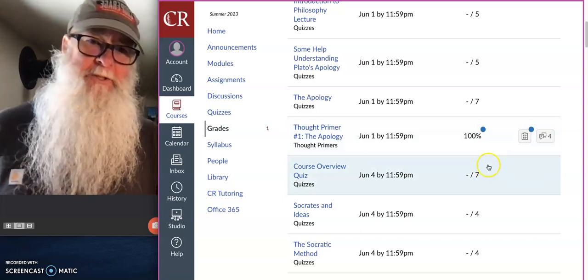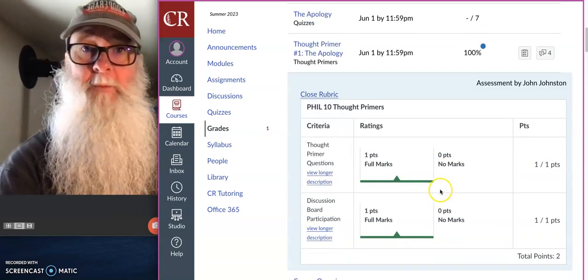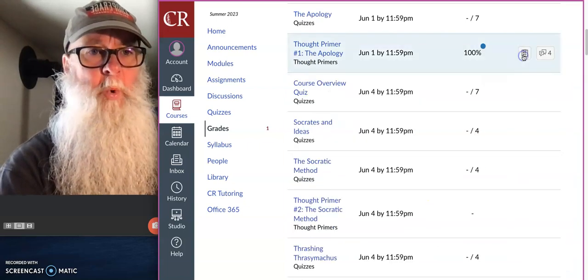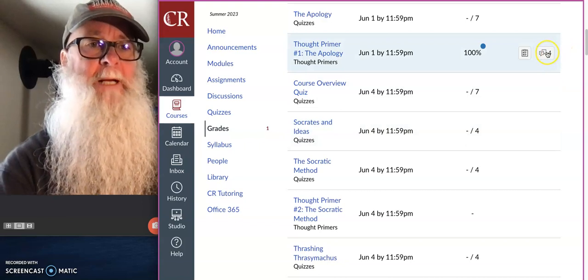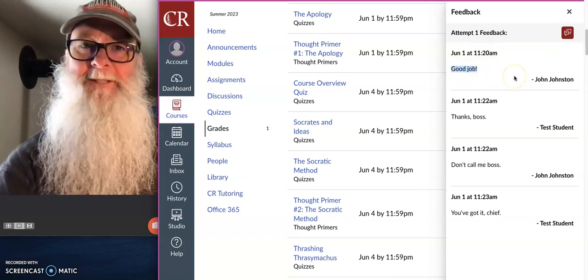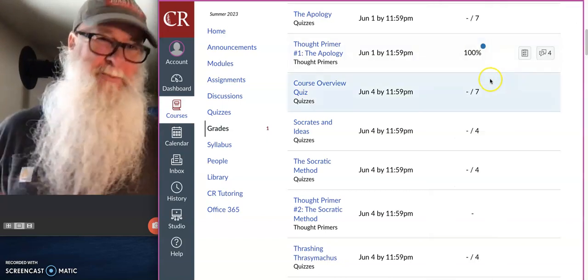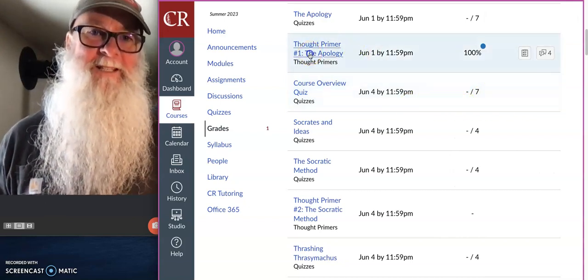And there's a couple of things you're going to see. One is you could open up the scoring rubric and see how many points you got. Or you could, if you wanted to, click on this little button here with the dialogue icons on it, and there you can see my response to you. Good job, right? But the best way to access my feedback to you is to click on the assignment itself,